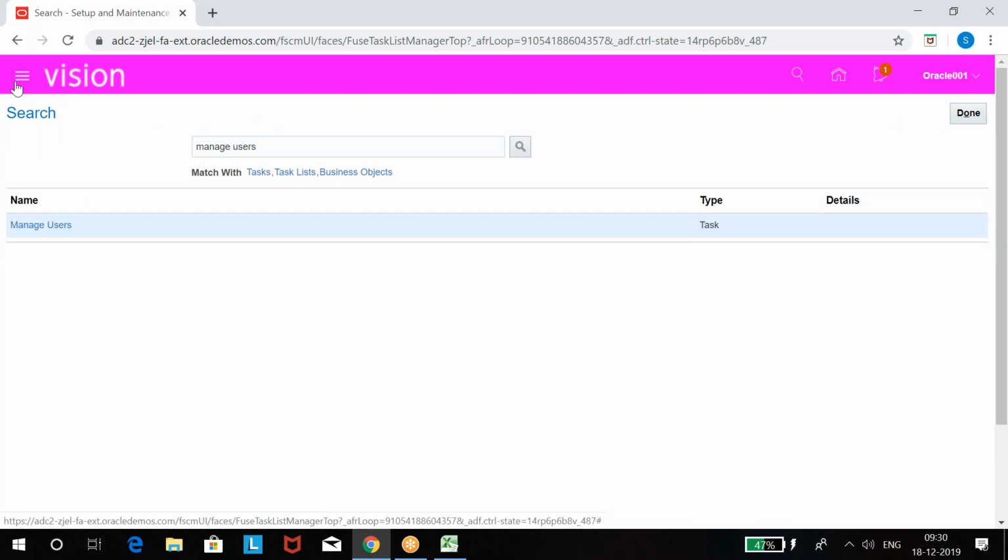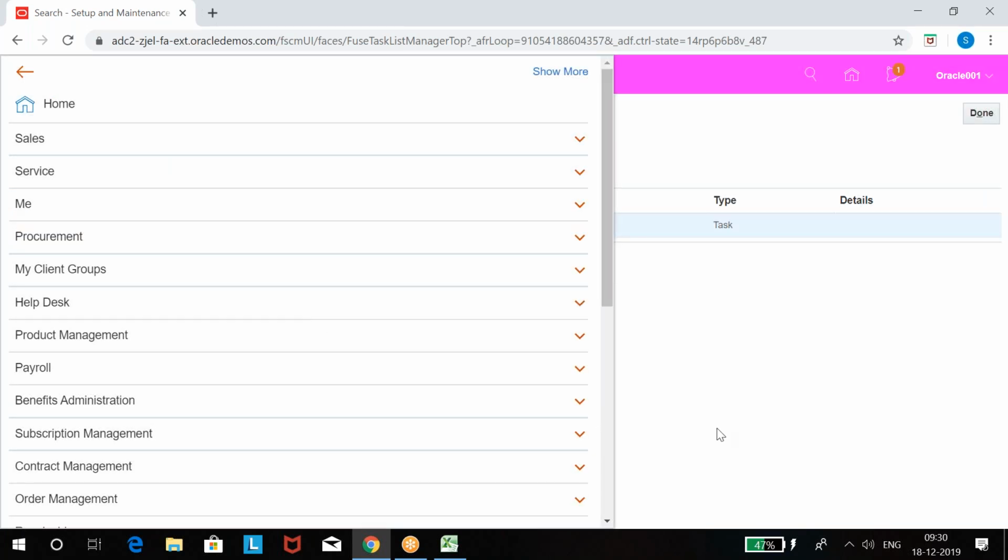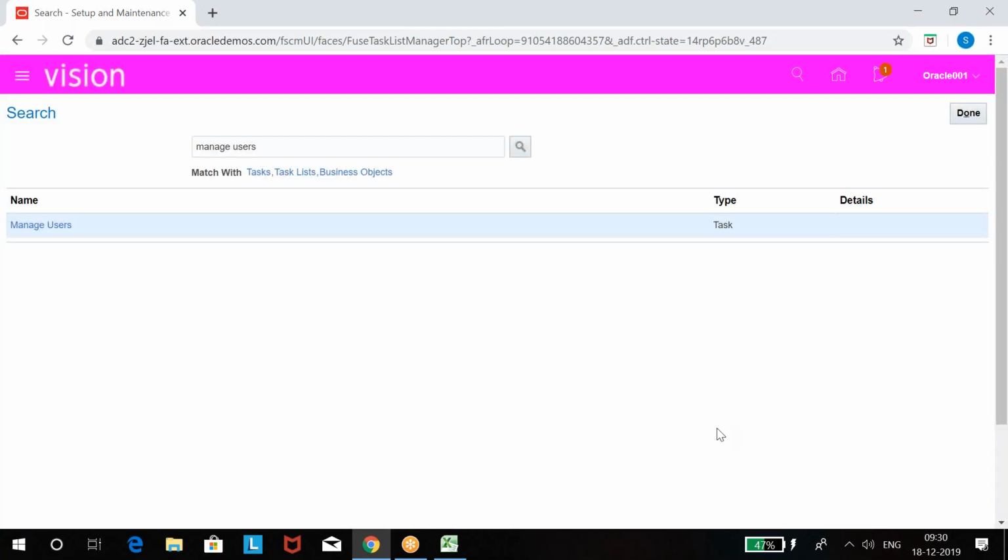See, we are not going to security console now. We are creating from the setups. Because in security console, the username you create is called an implementation user, but not an employee user. To create an employee user, you need to create employee data. Then you get the option username. So what username you want for the application, there you write. Got it? So find a task name called manage users.